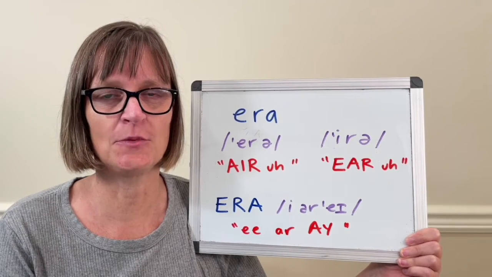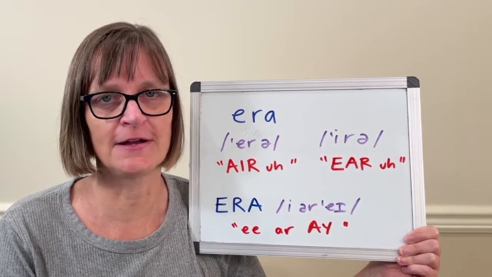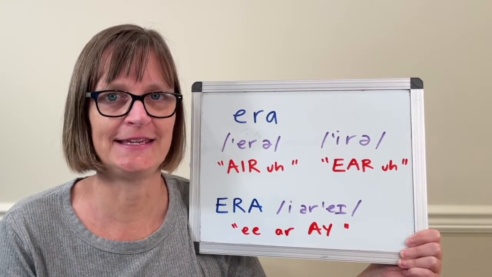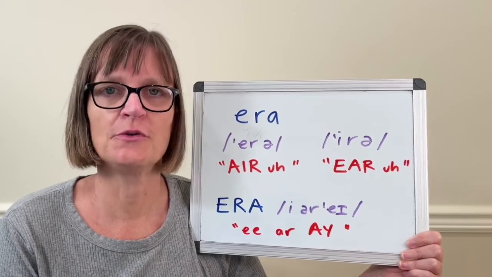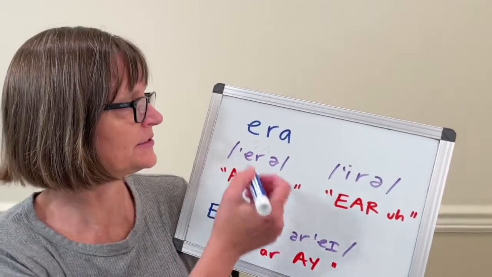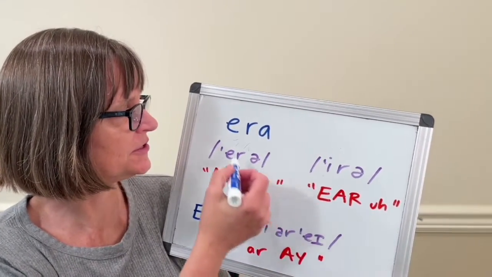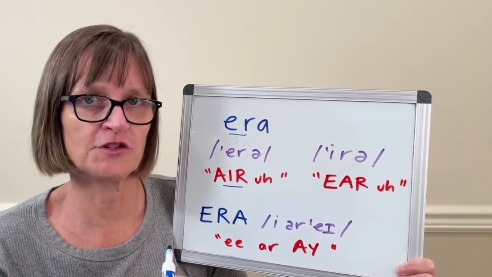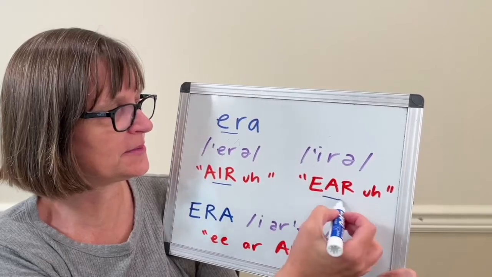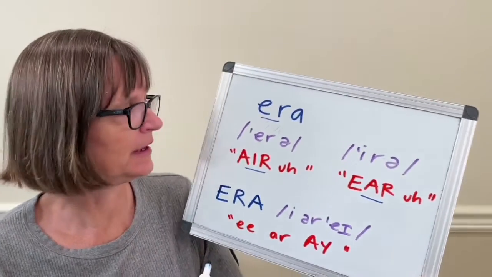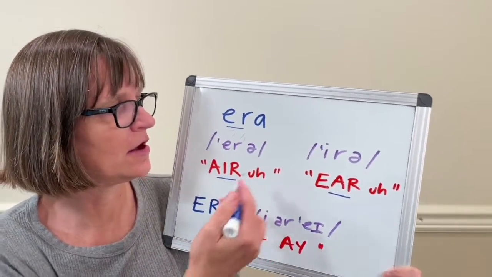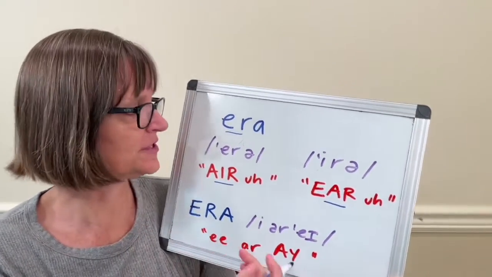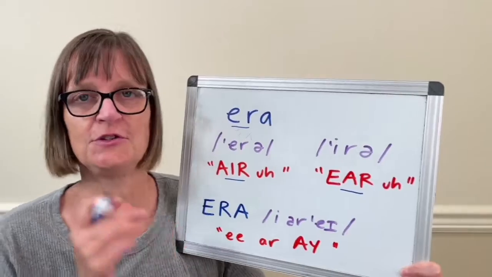In this video, we'll look at how to pronounce era, or era, there's two correct ways, and ERA. So the word era has two different pronunciations. You can either use the diphthong air for the first stressed syllable, or you can use the diphthong ear. I typically say era, although era is also a correct pronunciation that's used. The difference between these two is for the